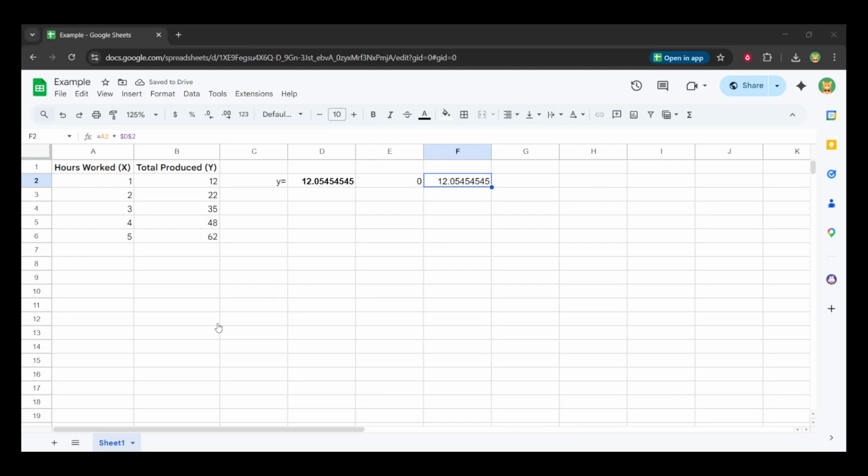In today's video, I'm going to teach you how to set the Y-intercept equal to 0 on Google Sheets. Need your trend line to start exactly at 0? Google Sheets doesn't have a set intercept button, but there's a quick formula trick that makes it happen and keeps